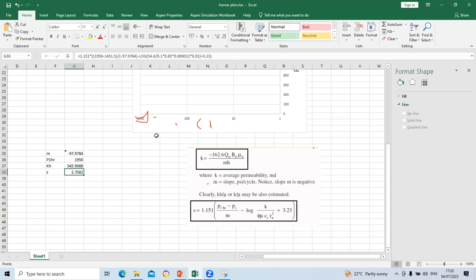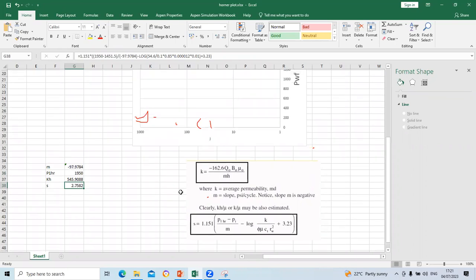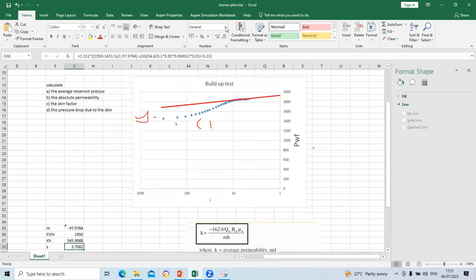Generally, if you have software like Kappa Saphir, it will do everything for you, but you have to know how it is done. Because if you are writing a project on pressure transient analysis, you have to explain all of this in your methodology. The mistake most of you make in project writing is that you feel that because the software is doing the calculation, you don't need to explain how it is done. No, the software may have given the skin factor, but people need to know which formula the software is using to get it. So you have to illustrate all of this in your methodology, and take time to explain how you get to the final answer. So this is going to bring us to